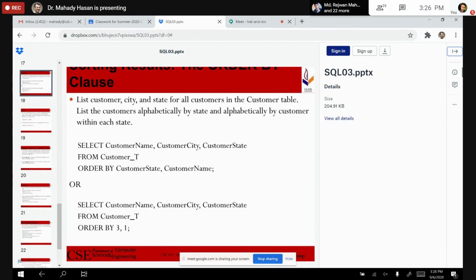Yes, sir. Now you understand why I used order by? Yes, sir. Okay, so that was the additional thing which was given. That means they have mentioned, first of all, alphabetically list the customers based on their state and then by name within the states. That means if the states are the same, then we have to sort on the name. Okay, that's the reason we have two levels of sorting. This is the reason why we have order by.